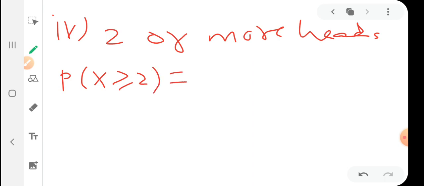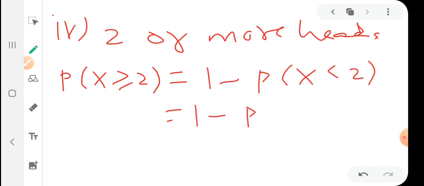Means I have to take P of 2 plus P of 3 plus P of 4 plus P of 5 plus P of 6, because the highest number is 6. So 2 to 6, these many values we have to find. Instead of that, we will do 1 minus P of x less than 2. So 1 minus P of 0